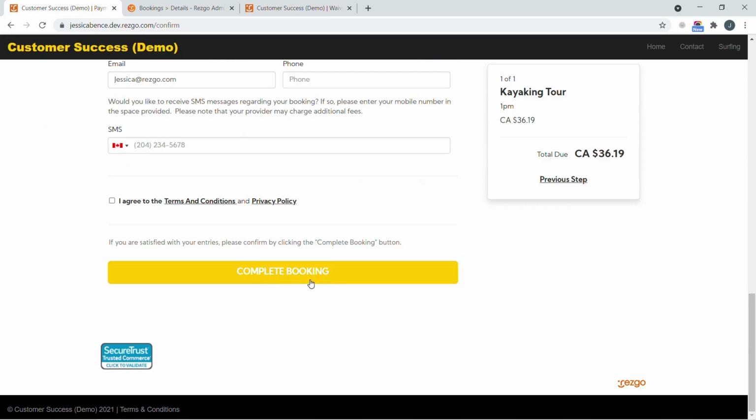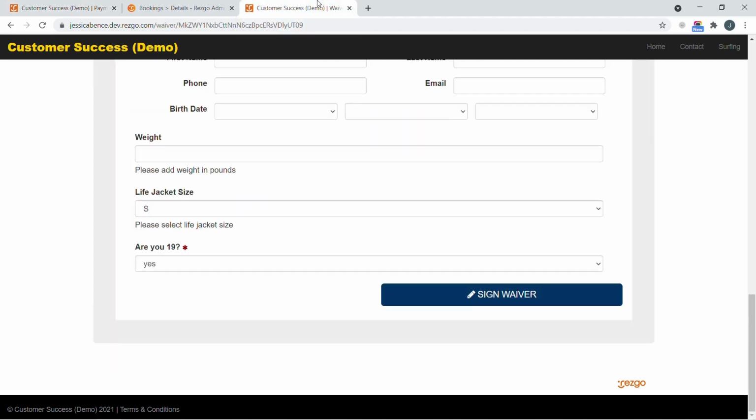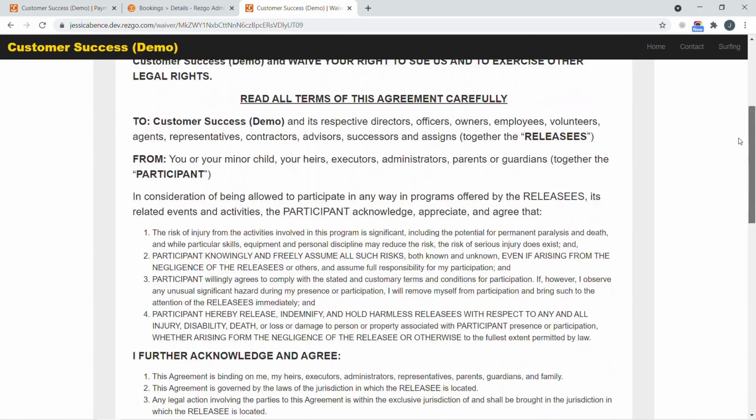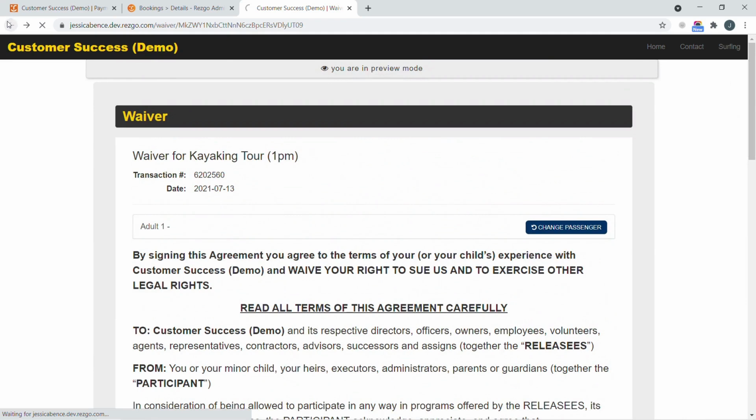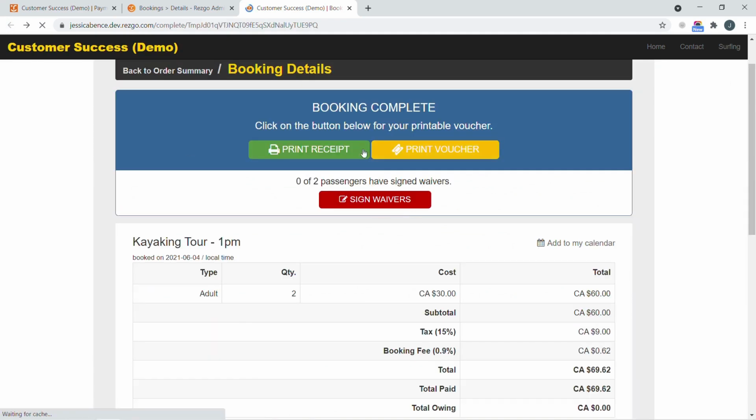But instead, the guest can sign this waiver directly from their booking receipt or through an email link after the booking's already been completed. So it would come to them a little like this. So this waiver will collect a signature as well as each guest's name, email address, a phone number, and a birth date. So when a customer makes a booking on the website, this receipt link gets sent to them automatically